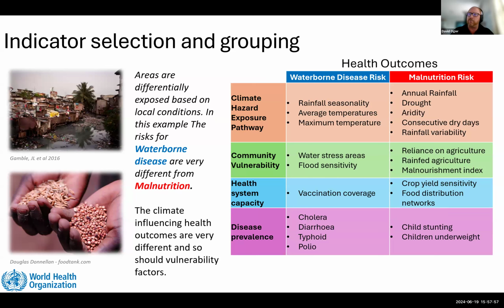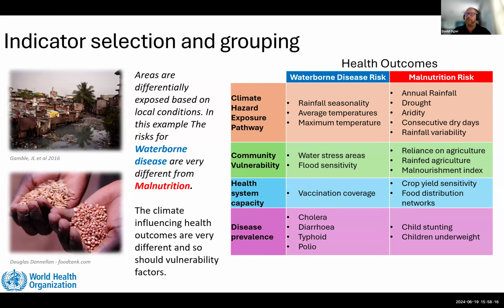An informal settlement that is frequently flooded will be much more susceptible to waterborne diseases than, for instance, a rural agricultural area that relies on rain-fed agriculture. Whereas the second example would be more susceptible to